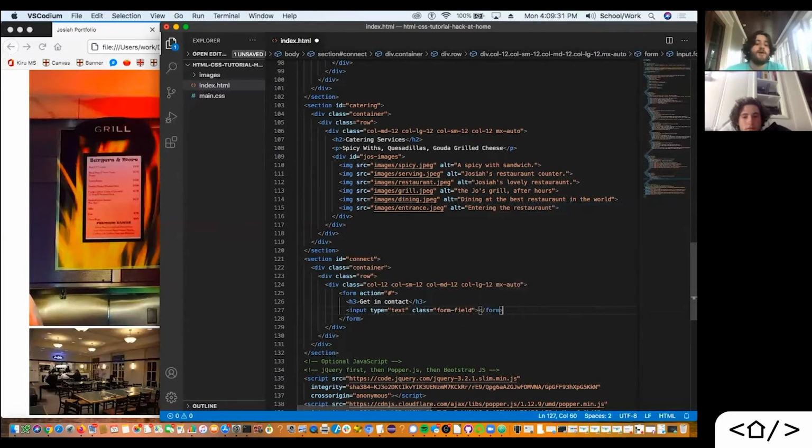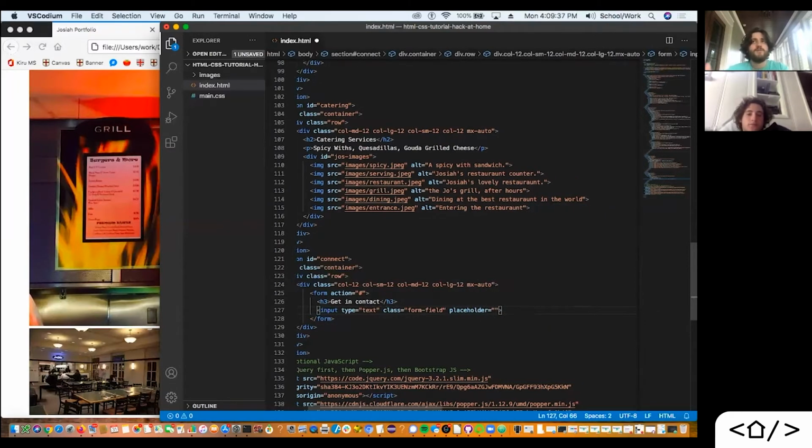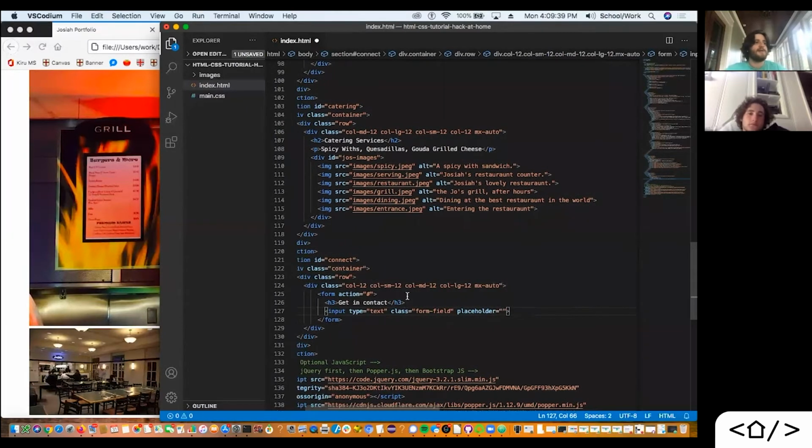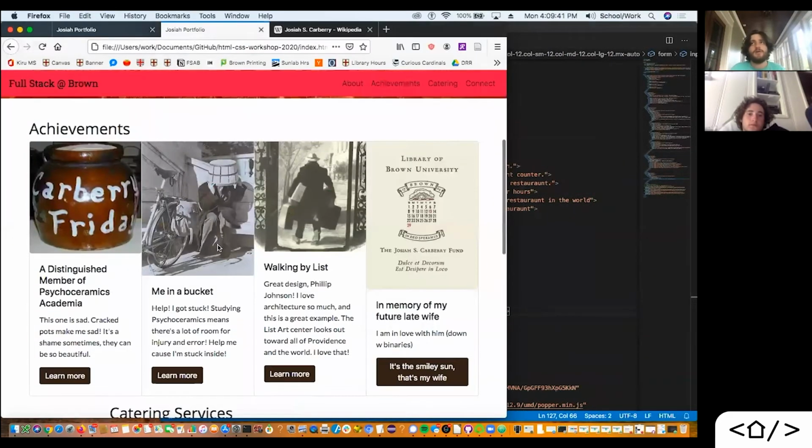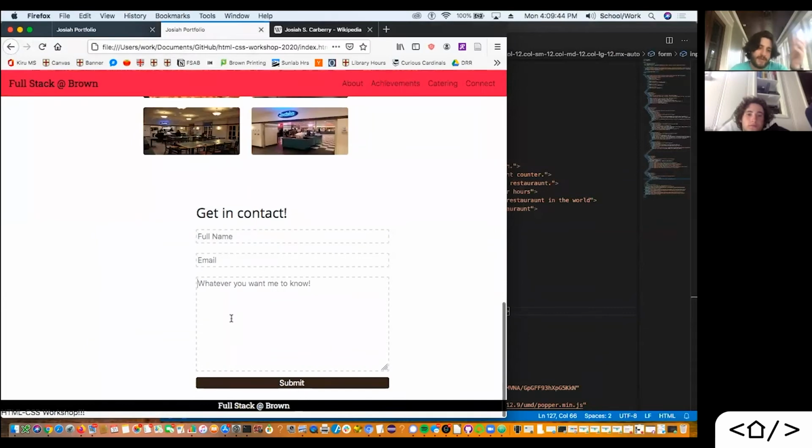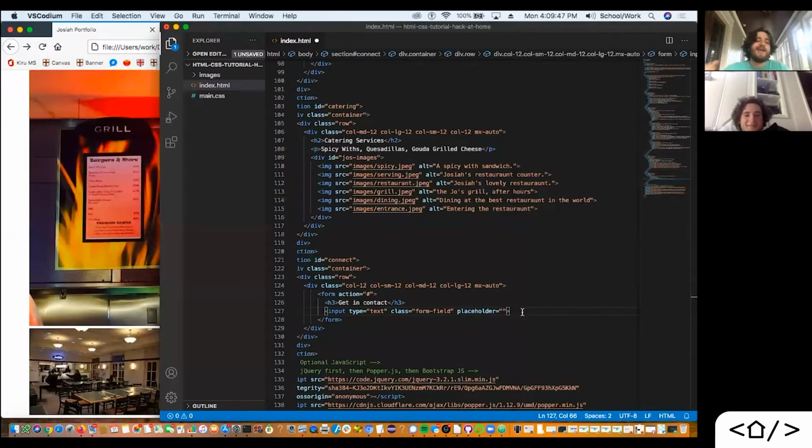And it's going to have another thing called a placeholder. A placeholder is like, if you've ever been on a site and you've seen a text box with grayed out text, like user, email or full name. Great example. That's what that is, placed in the website through placeholder. So this first thing is going to be called full